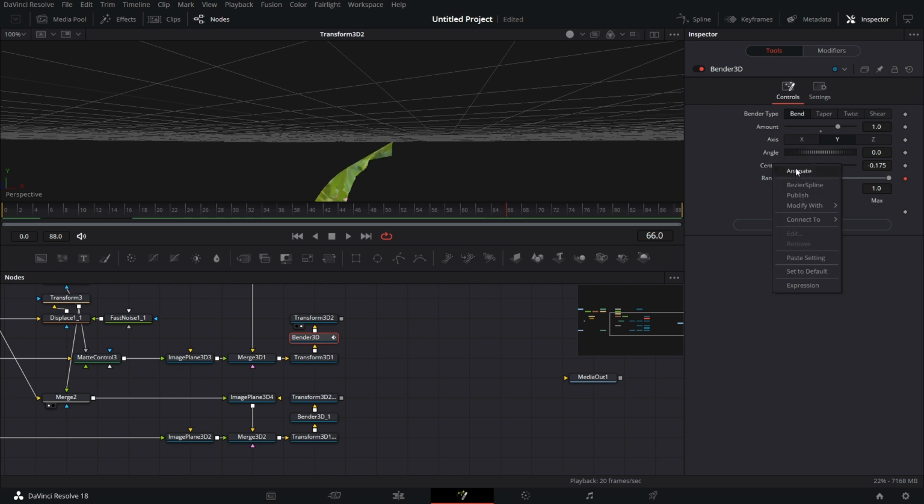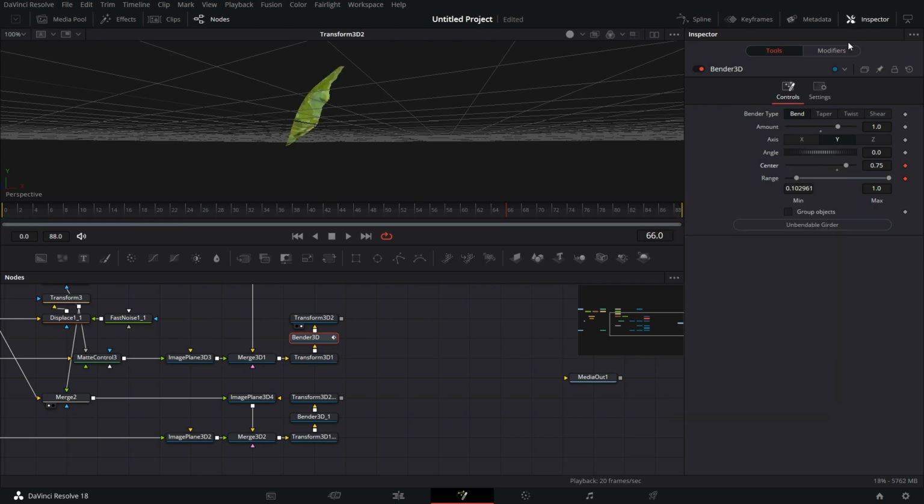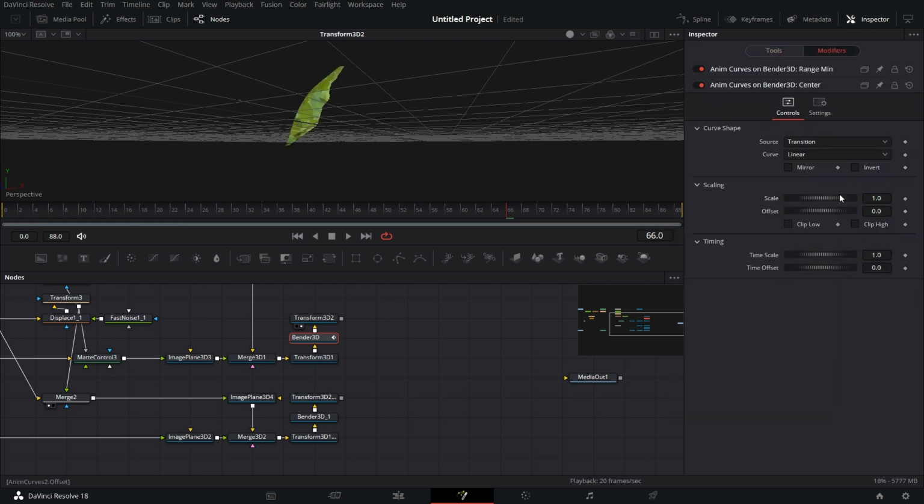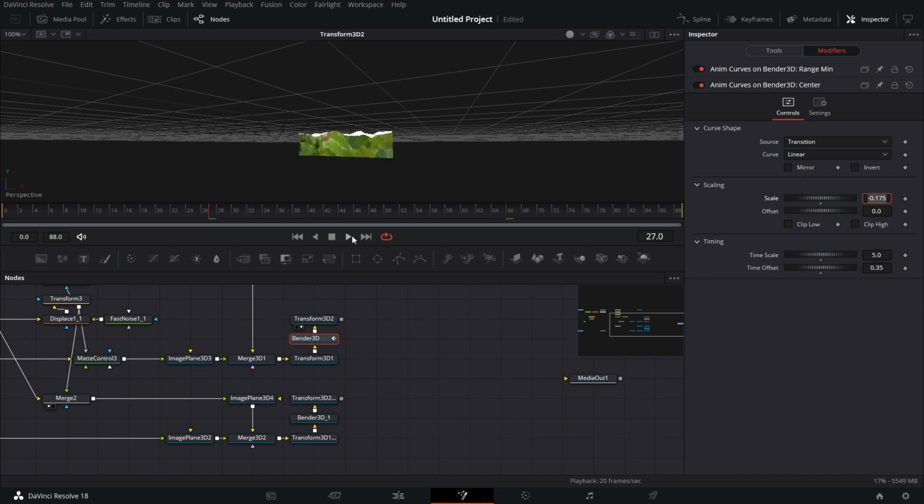So I'm going to right click on center, modify with anim curves, go to modifiers, set this to 0, I set this to minus 0.175. I want this time scale to be 5, and then the offset, I want it to be 0.35. So if we play back,